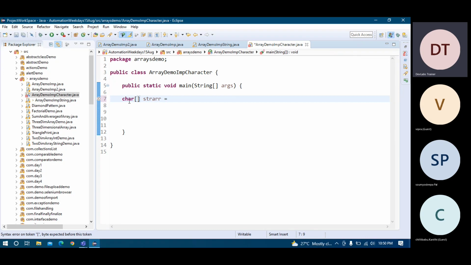That is char and the array name, like I'm putting ch, should be okay. And then in curly brackets like this, the characters in single quotes.